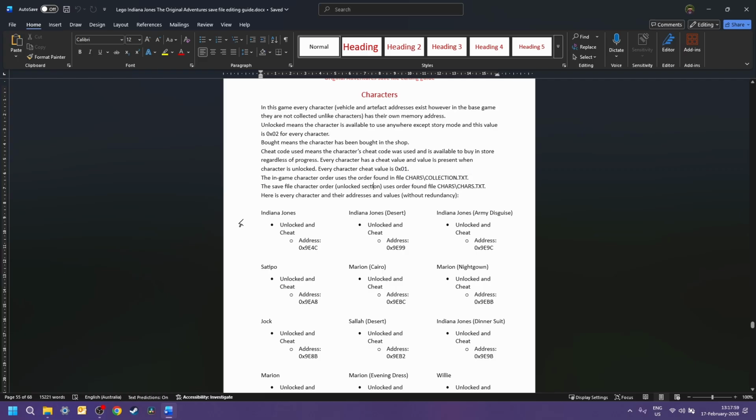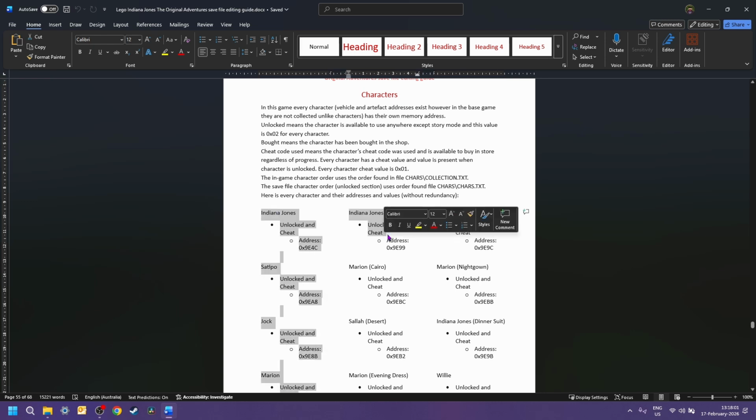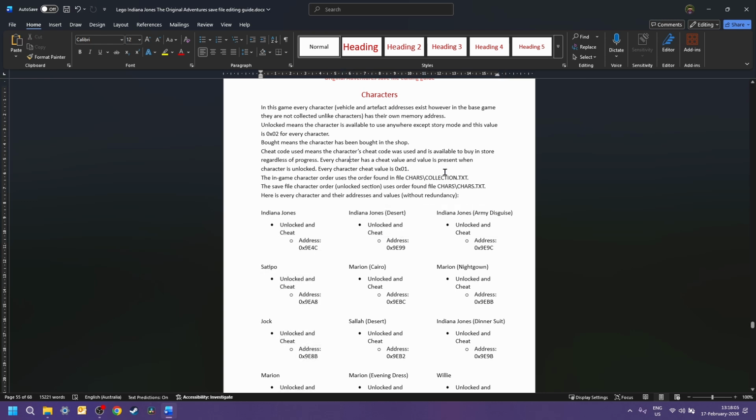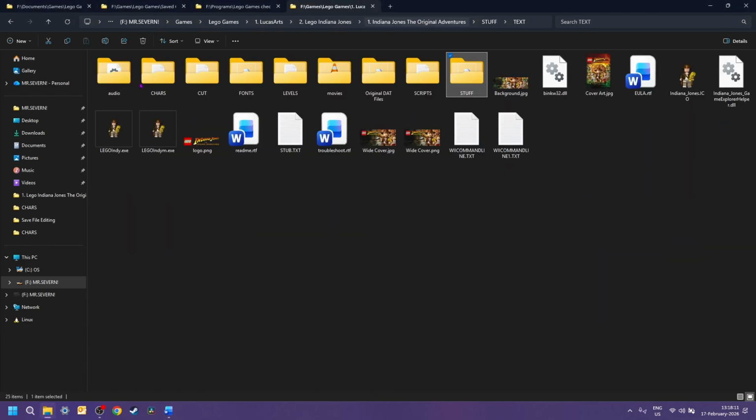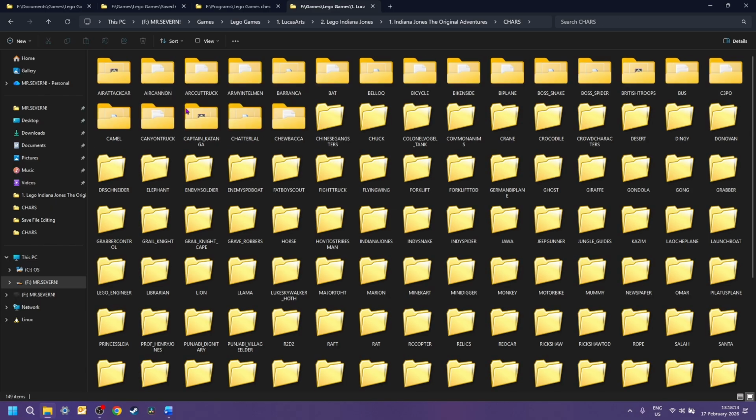What I noticed with the game order is that it uses the order that can be found in chars slash collection.txt.